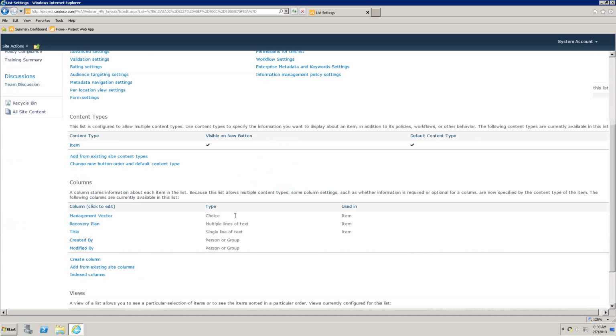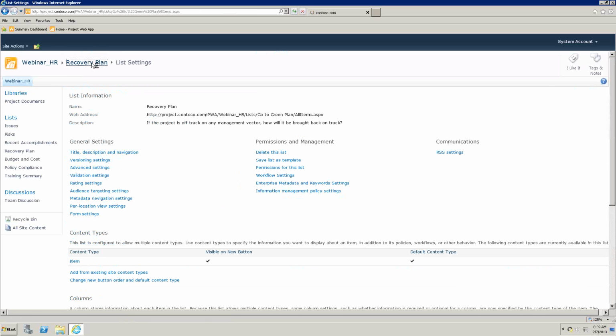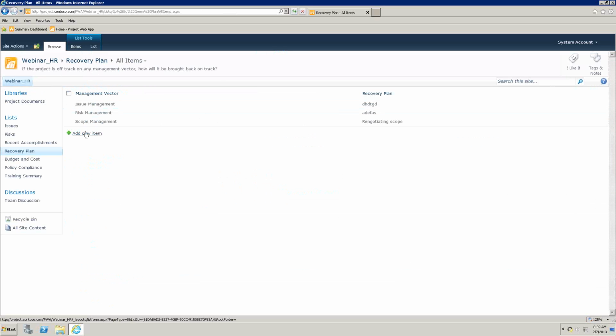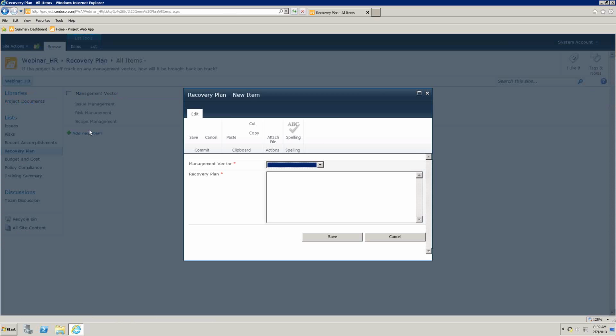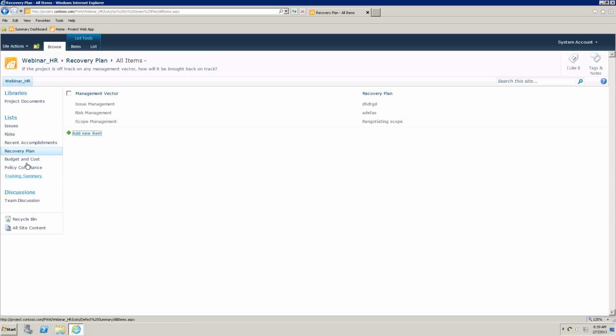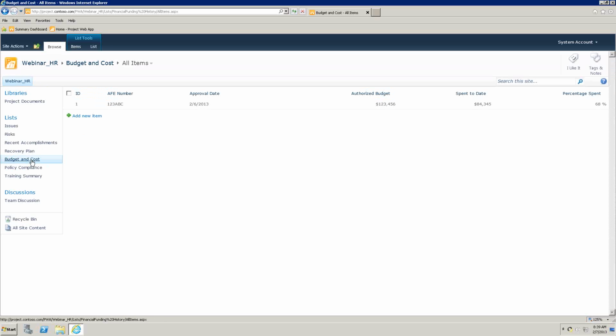But whatever we do here, and let me back up now again, whenever I click on new item, I get a standard form, and that standard form is very simple organization. I don't get to change how this looks at all. Sometimes I want to have something that looks a little bit different, maybe a little bit better than that. So I'm going to show you an example here. In budget and cost, if I click new item,